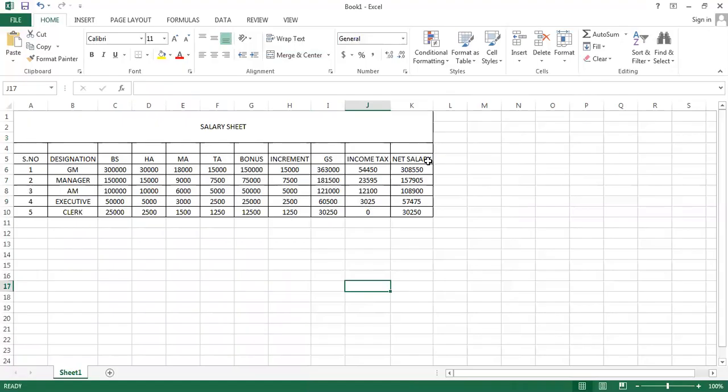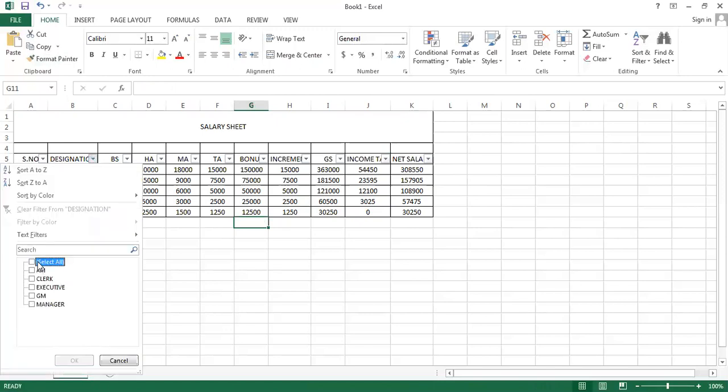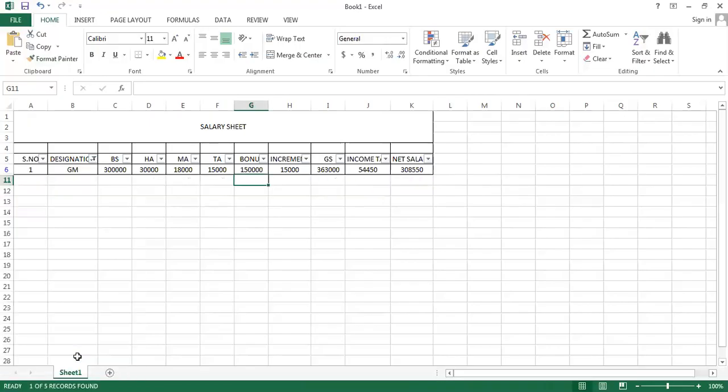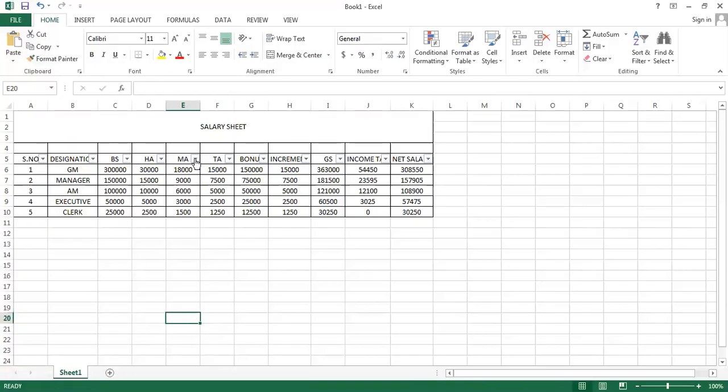I will see that whatever is written in my sheet is appearing in the center of the cell. I need to apply the filters, so I'll select that row in which my fields are there. So after selecting it, I'll go on my home tab, and in home tab I have the option of sort and filter. I'll use the filter over here. So you'll see that here, along with all the fields, we have the filters. And if I want just the details of general manager, I'll click on it, and I'll be left with the salary details of my general manager. So again, I want all back, so I'll select all, click on OK.